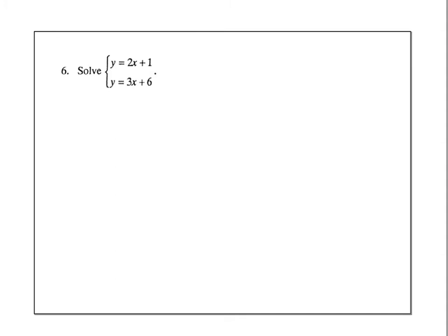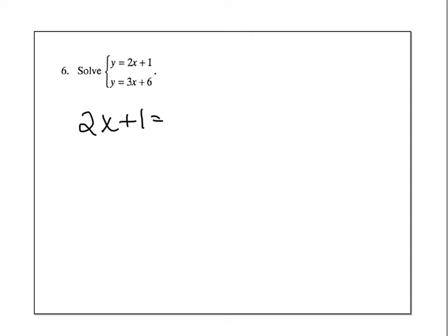Number 6, we again have a system to solve. It doesn't tell us which method, so we could pick any method we wanted to. It is set up as y equals, so if you wanted to draw a graph, you could. With this one, even though the x and y's aren't on the same side, you could use elimination since they're lined up, but I'm going to choose to go with substitution since there's a variable by itself. Now with this one, not only is this y by itself, but so is this y. So since each y is equal to something else, we're going to set that equivalent to each other. So we're going to go 2x plus 1,